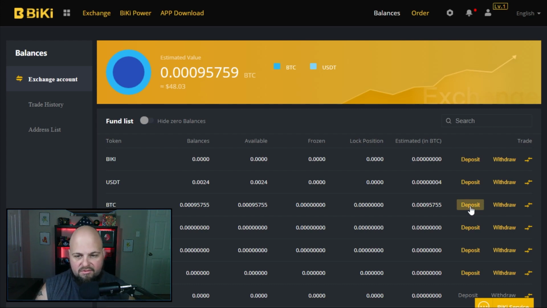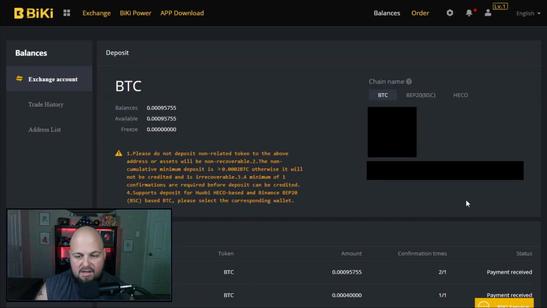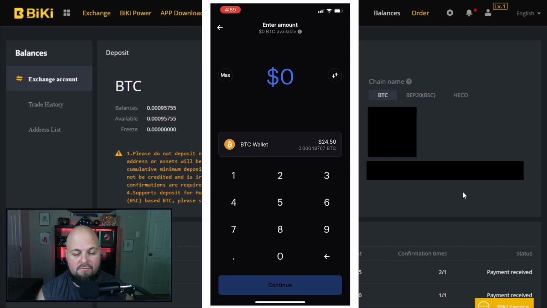So on this screen, once you are ready and you can deposit from your Cash App, you're going to hit deposit on here. And then this is going to give you your QR code and your address. Of course, I'm blocking it out for the purpose of this video, but this is where that's going to be. And you can see kind of a couple transactions I have on here. So bringing the phone back up, once you put in your amount, you're going to be able to hit continue,